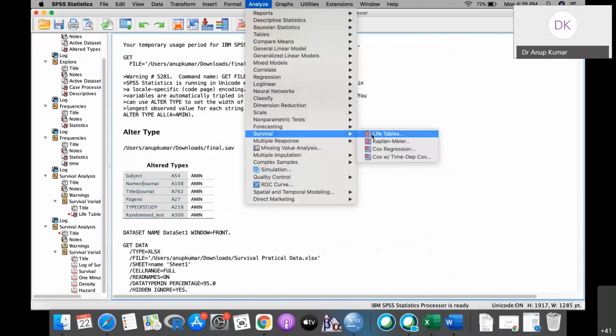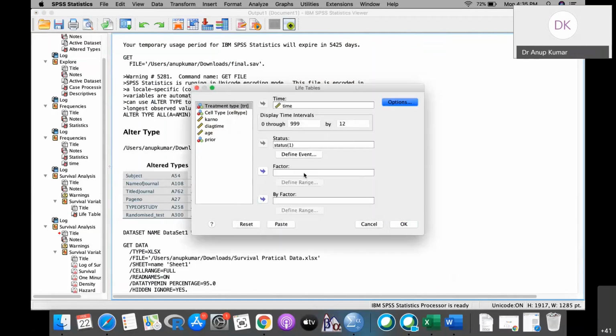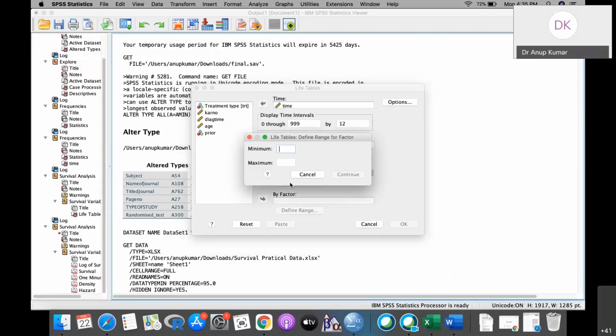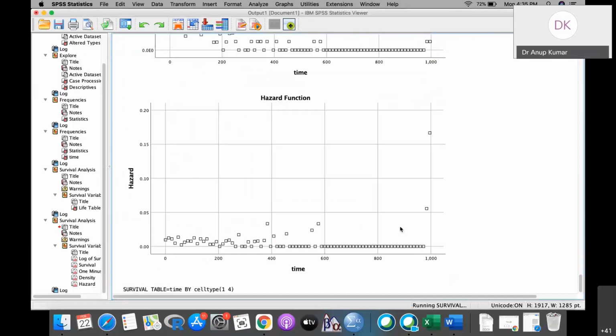Now what you can do in the survival analysis is, if you want to compare two groups, here in this factor you can compare these groups. For example, if you want to compare the survival according to the cell type, define the range, and the range is from 1 to 4 because there are 4 groups. Okay, and then click OK.